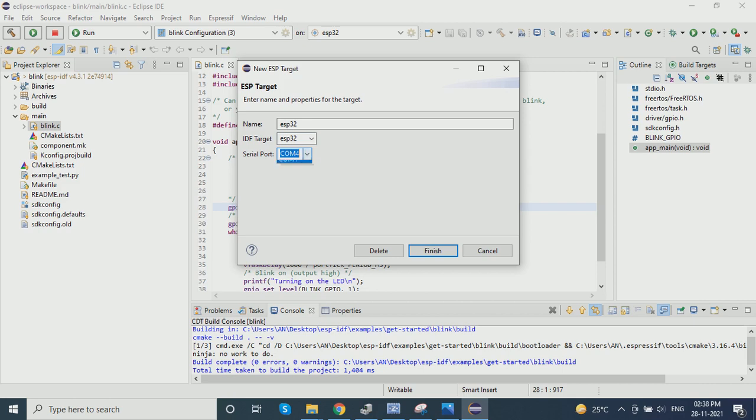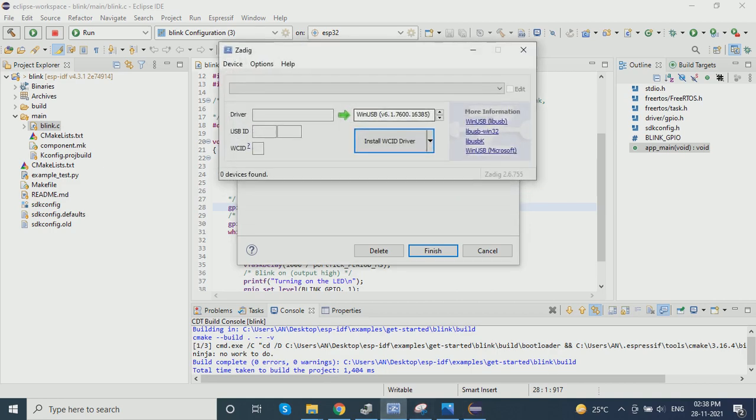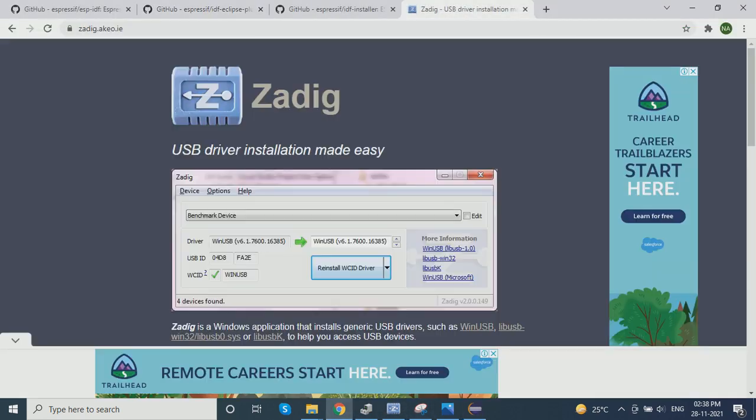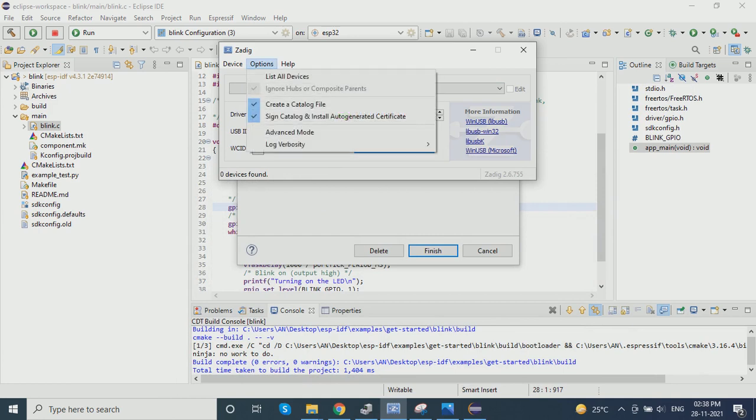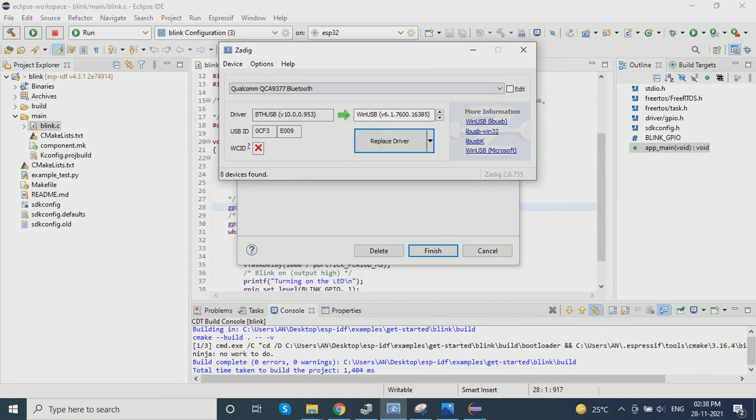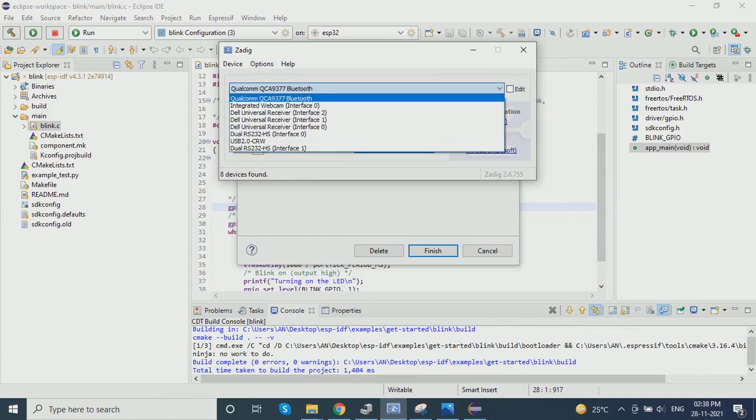If you are getting 2 COM ports, then you need to run this software, Zadig. You can install this Zadig, and once you install it, click on Options, List All Devices, then from here select this, Rover interface 0.